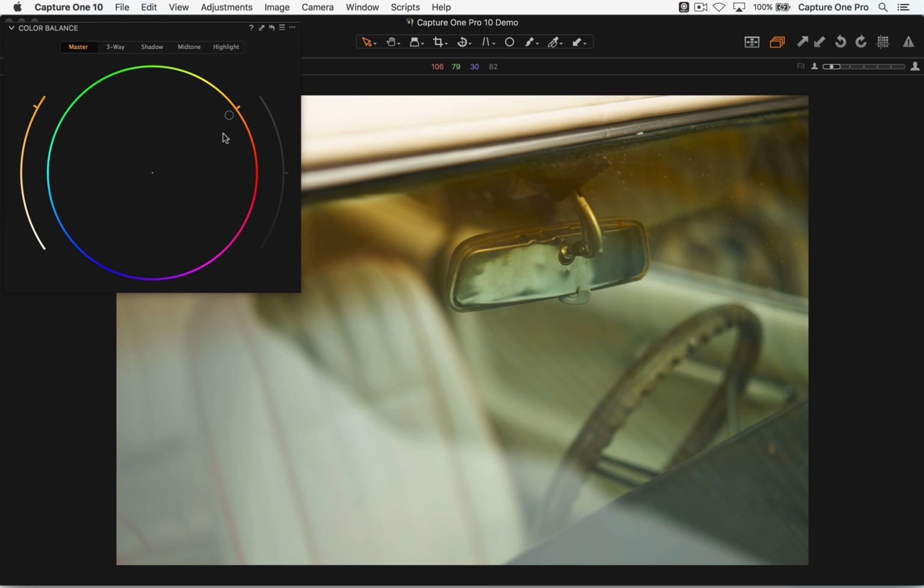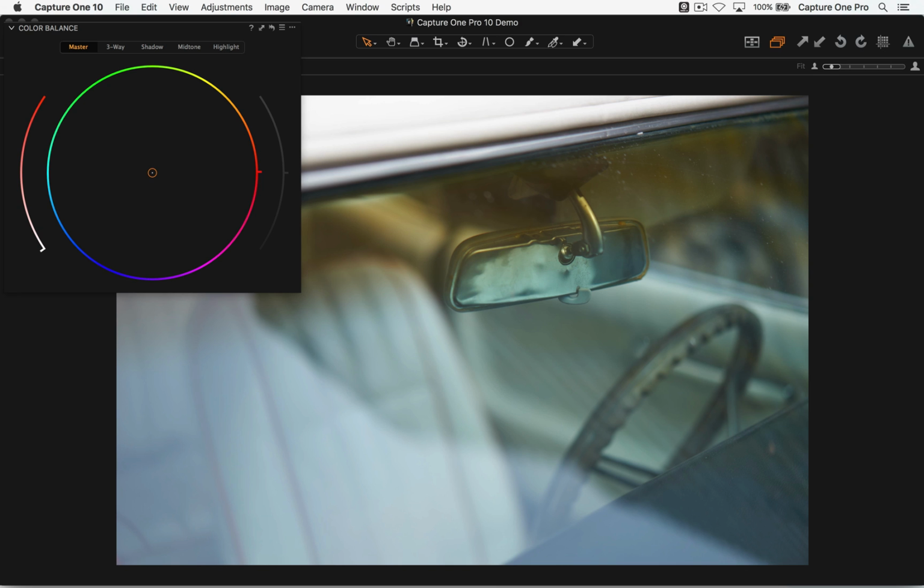If you want to reset at any point, just double tap, and that will put the color circle back to the center, so neutral, basically. If you just want to tone the image in any particular direction, just pick it up and drag it where you like. It's as simple as that. So the master tab: one tone over the entire image.